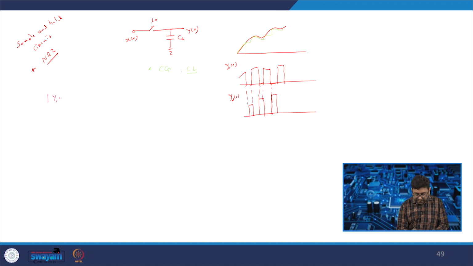If we derive, then we will get the combination of Y1(f) plus Y2(f), which is equal to (1/π² + 1/4) times X(f − f0) plus X(f + f0), and this will be